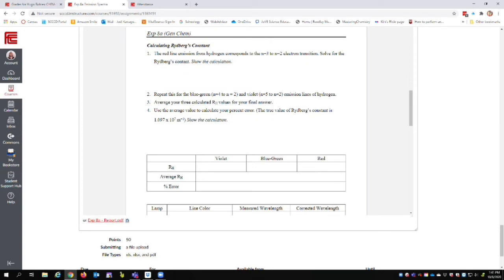Calculating Rydberg's constant. So the red line is for an electron going from n equals 3 to n equals 2. So they're telling us what Ni and Nf is. So Ni is 3, and Nf is 2. Solve for the Rydberg constant. So we've got that equation,